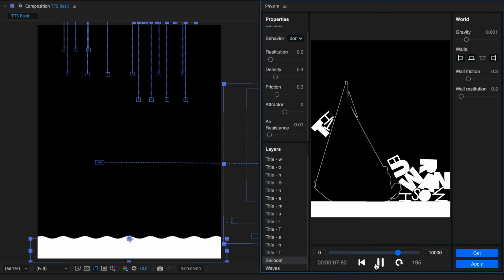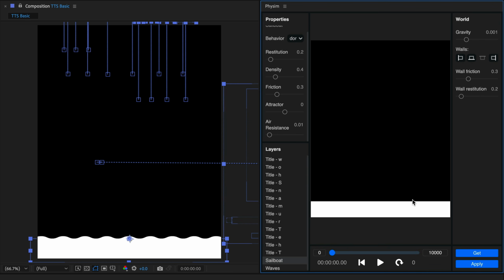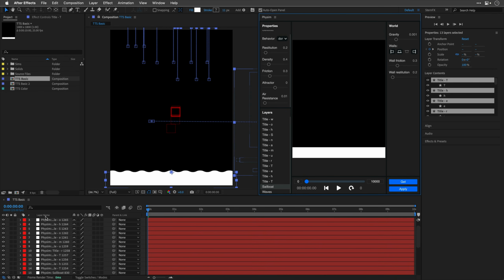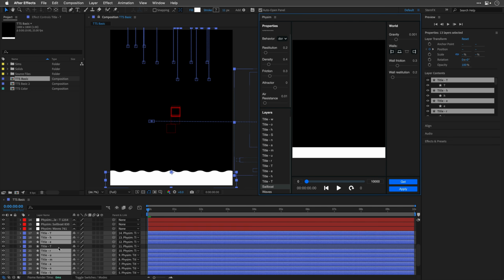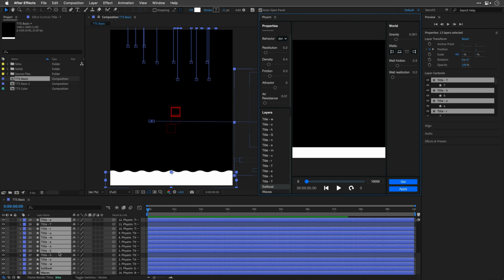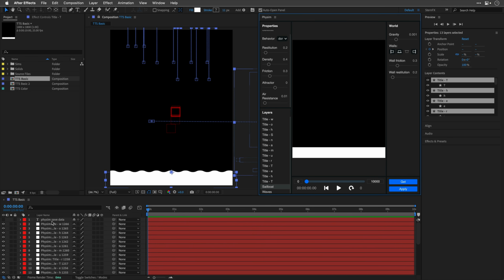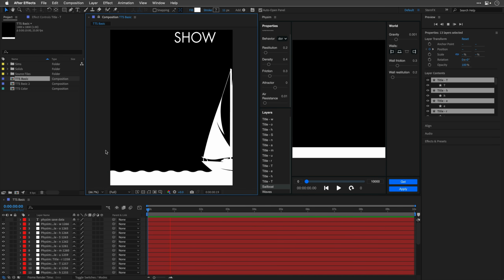And if you're happy with what you see, wait until the simulation ends and then click on apply. And this is just going to create many null objects, which are all being the controller. So all the layers are now being parented automatically to those nulls. And it's also going to create this text data, which saves all the things that you do. So if you are going to return to this interface and change stuff, then you don't need to worry about it. But right now, if we're going to have a look over here in the After Effects composition,